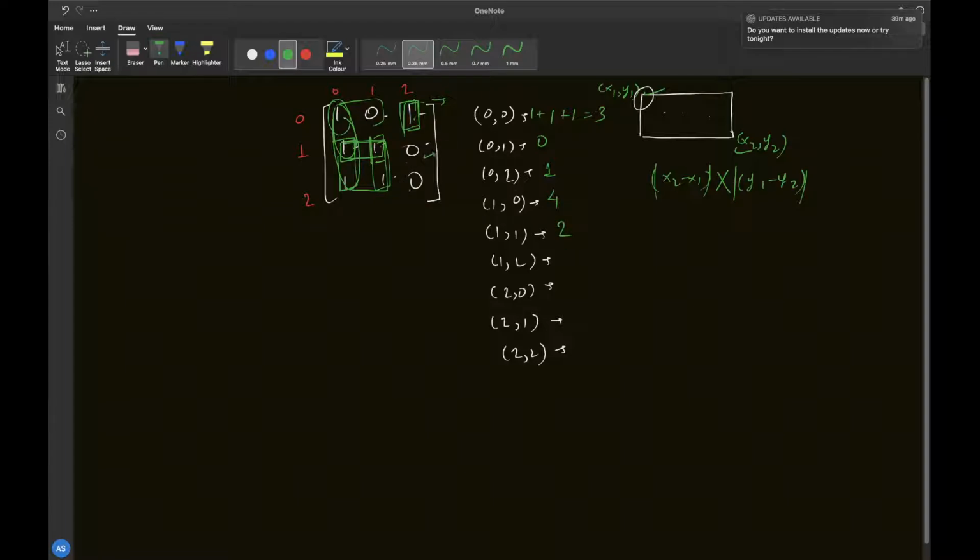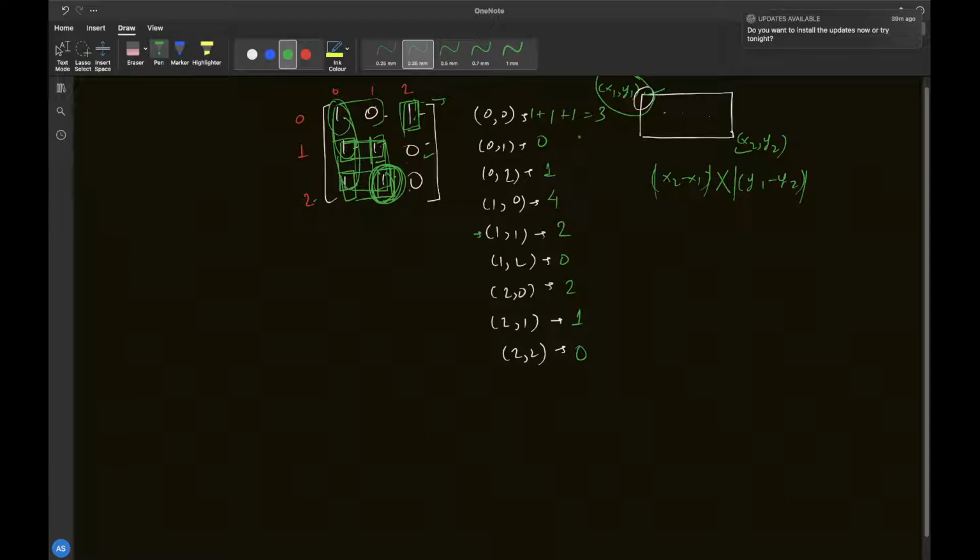With 1,2, again it's a 0, so we'll skip it and then come to 2,0. It's 1, so 1 is this and then 1 is this. So that is 2 rectangles over here. Similarly with 2,1, we can have only one. So what we are trying to do is, every coordinate we are fixing as a top left corner, and we are trying to find rectangles of all ones with one bottom right. With 2,1, this is the element, so there is only 1 matrix there. Now 2,2 is 0, so we'll simply skip it.